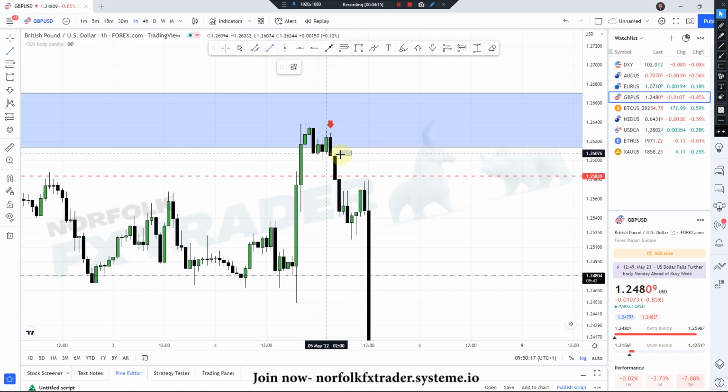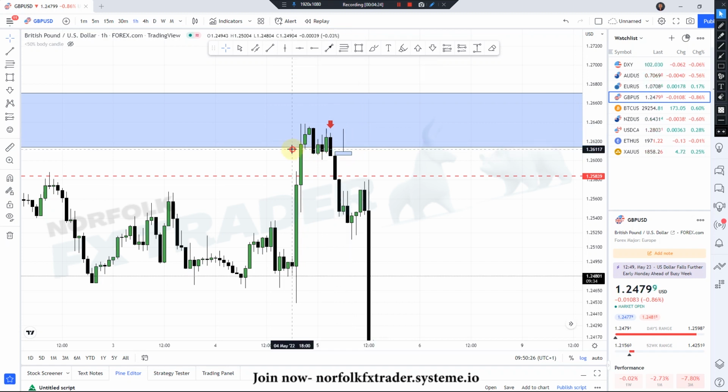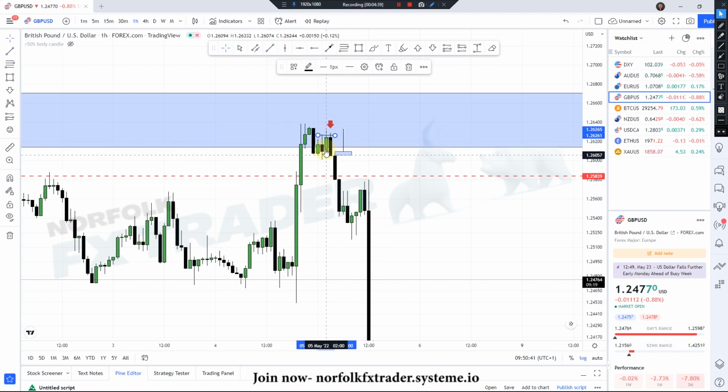Now your wick will be from the close going to the high of that bullish candle. To see if we can put this in the center, like so. So this is the candlestick we'll be seeing. Now these two candles show a nice rejection pin bar, and we also identify the break of the high of the previous candle. So we see the market taking any stops on the lower time frames, sweeping above those highs, closing with a nice bearish pin bar. Now I can look to sell on the break of this candle, and we'll be looking